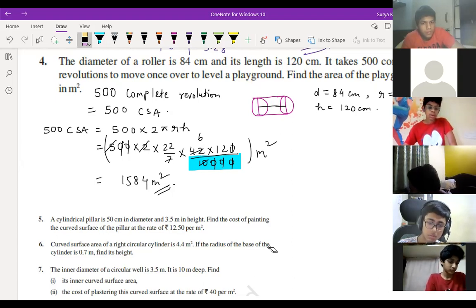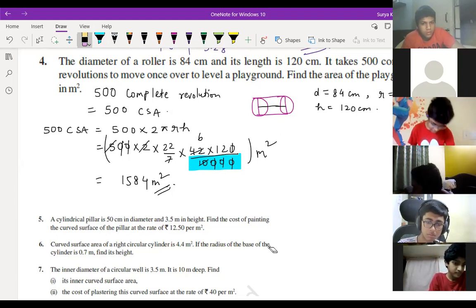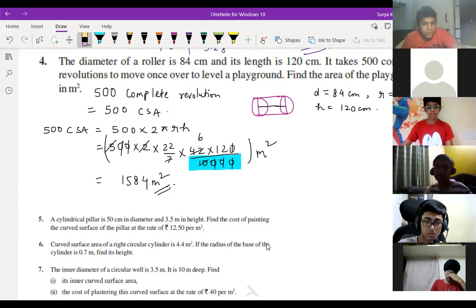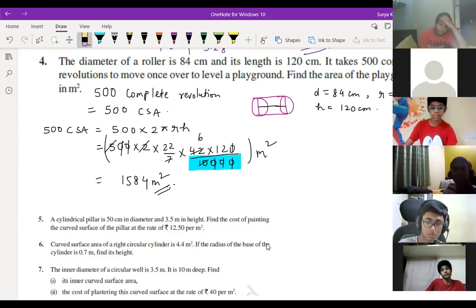Did you do it in my method only or some different method? Sir, I forgot to multiply by 500. Sir. You should multiply by 500 now. It will become more complicated than now, if we multiply by 500. See, I divided here by 10,000. No, this becomes easier. That's why I divided immediately.